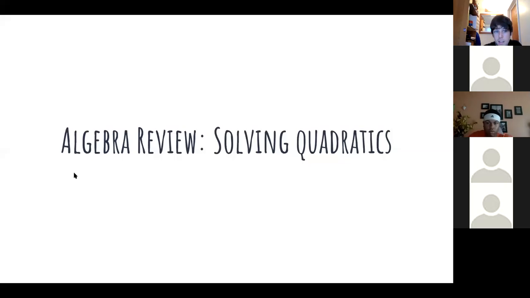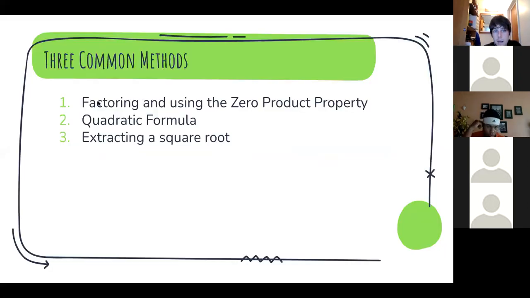So again, we're just going to be extending the ideas that we talked about last week of factoring quadratics into now solving them. There's kind of three common methods that we'll be looking at. First one is factoring and using the zero product property. This is going to be the big, most important method that we'll look at,